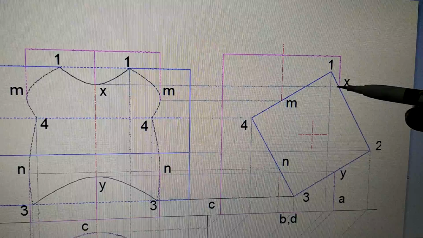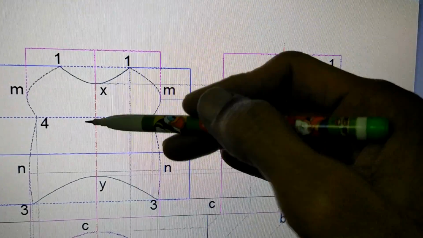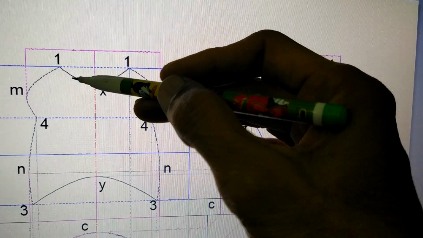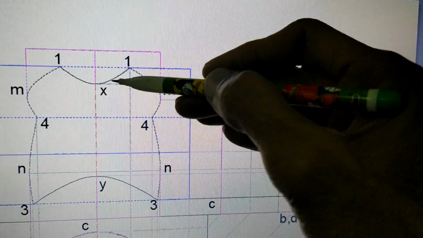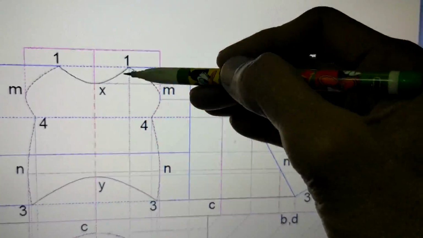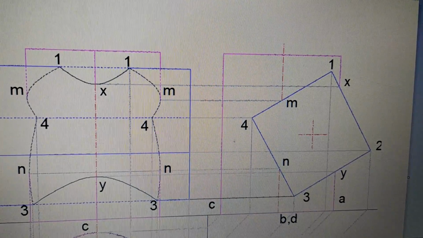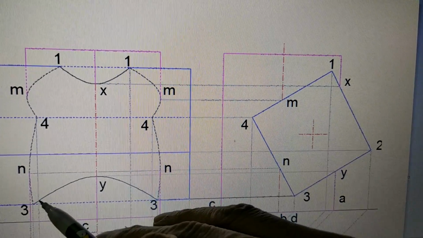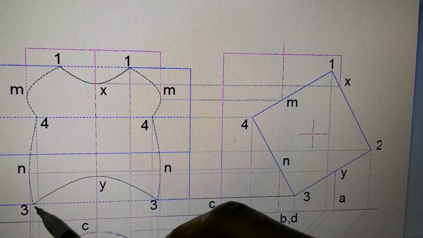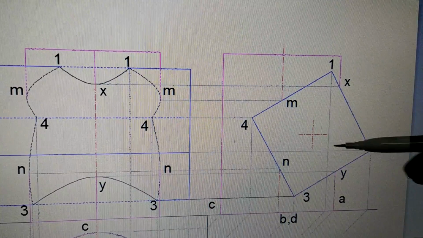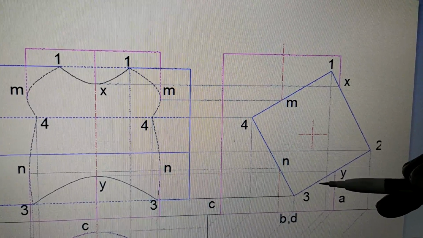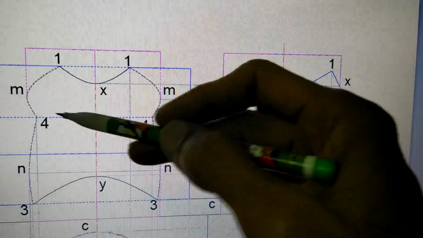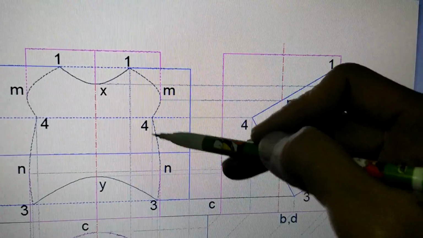Now what is in front? This is in front. 1 to x in front. So you can see 1 to x, x to 1. Now how do you join 1 to x, x to 1? Again, you can take maybe one more point here. That point will come somewhere here, so that you will be able to fix the nature of this curve. You will do the same thing in 3 to y, y to 3. You have got 3, you have got y, you have got 3. So 3 to y, y to 3 will have this shape, which can be finalized if you take one more point here. That point will come somewhere here, and when you join it will come like this. And now since the entire figure is symmetric, this will be same on this side.